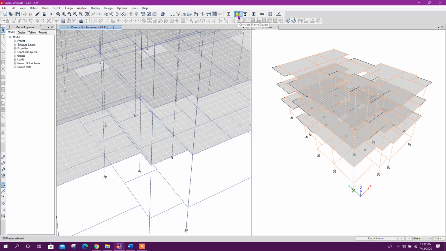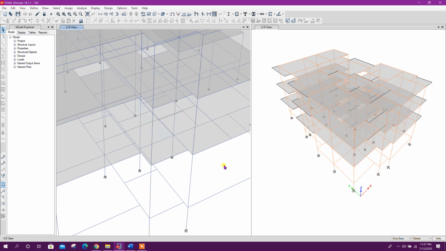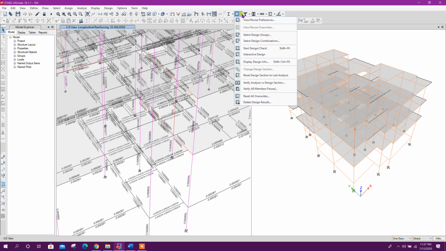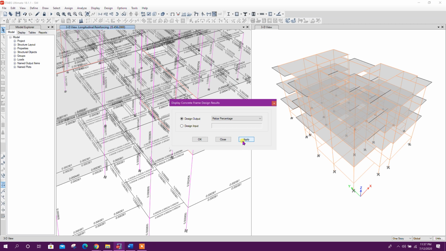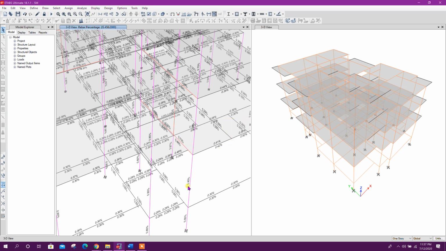So now we can run the design. Here you can see the rebar percentage. Before it was 1.65%, now it is giving 2.4%. So there is a huge difference in result. This result difference will affect the serviceability check also.